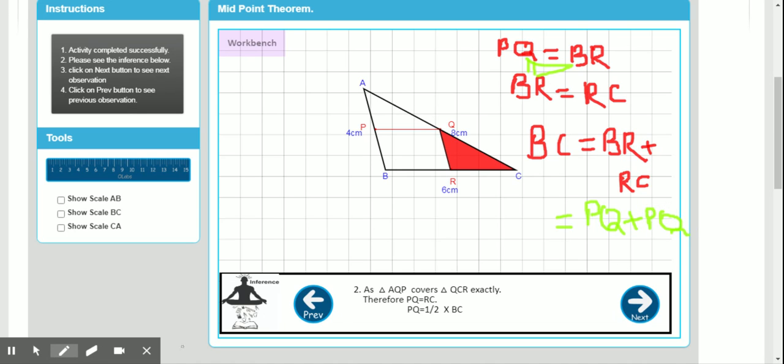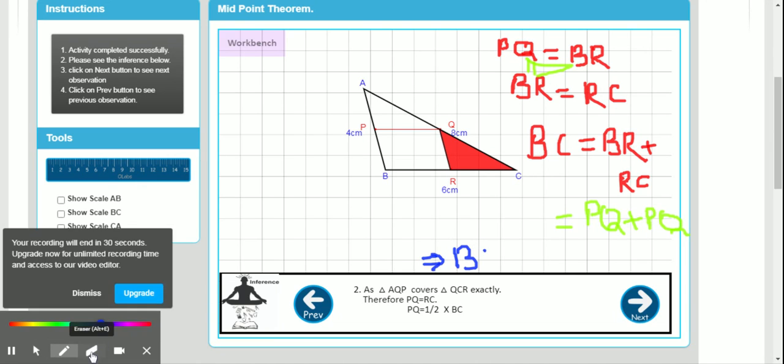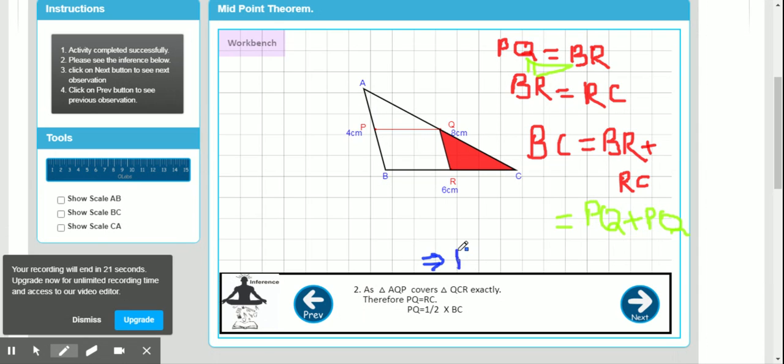So this means, I'm going to use a darker color here, this proves that BC, let me just use an eraser, I can write PQ is equal to half of BC. And this proves our theorem: we have already proved that PQ is parallel to BC, and we have also proved that PQ